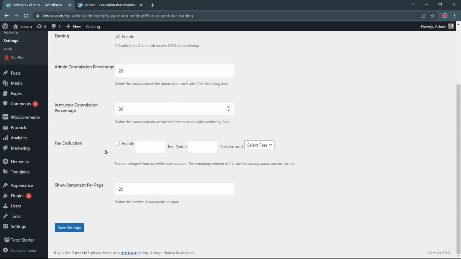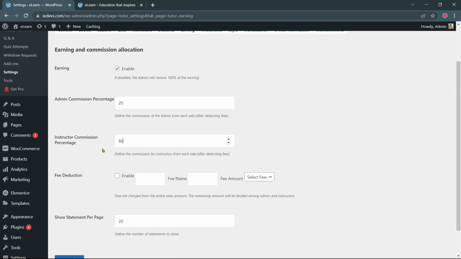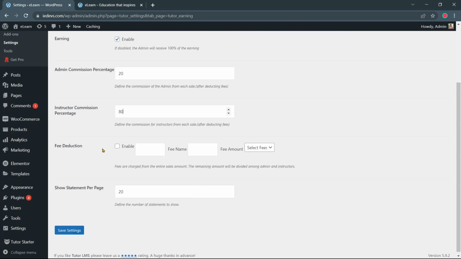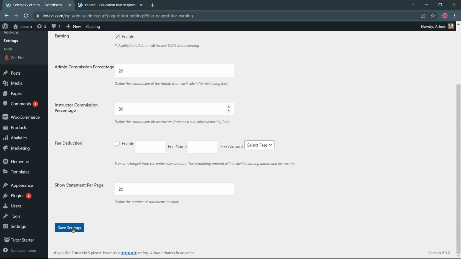Next is fee deduction. This lets me charge a certain amount of fees for every sale, which will be first deducted from the principal amount. Then the remaining amount will be divided between the instructor and the admin. You can make use of the settings as you demand. Everything is set correctly here. Let's save the settings